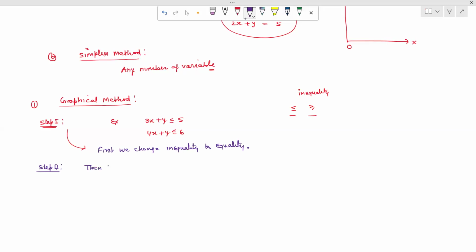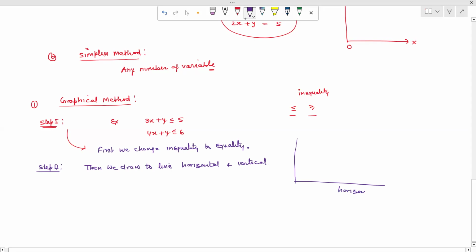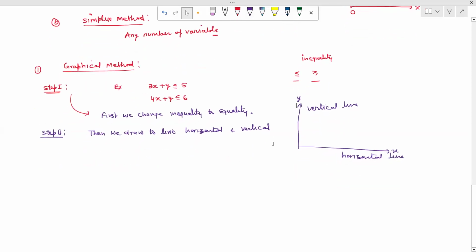देन वी ड्रॉ टू लाइन, one is horizontal एंड सेकंड इज वर्टिकल। जो मैंने अभी आपको बताया, हॉरिजॉन्टल लाइन कौन सी होती है, दिस इज हॉरिजॉन्टल लाइन एंड दिस इज द वर्टिकल लाइन। तो वी ड्रॉ टू लाइन। अगर वेरिएबल हमारे एक्स और वाई में हैं, तो एक्स हमारी हॉरिजॉन्टल के लिए हो गई, वाई हमारी वर्टिकल के लिए हो गई। अगर x1 x2 ले रखे हैं तो ऐसे ही x1 हमारी हॉरिजॉन्टल हो जाएगी और x2 हमारी वर्टिकल हो जाएगी।